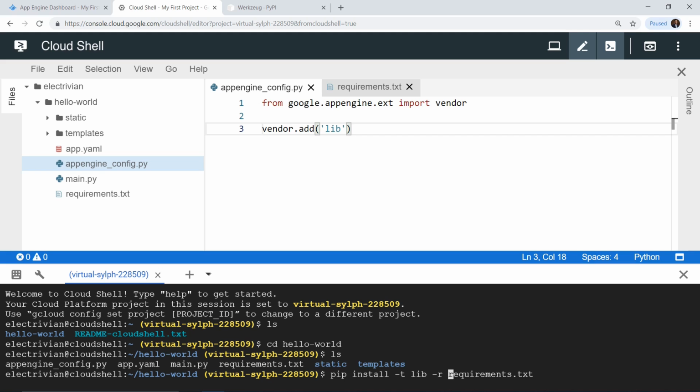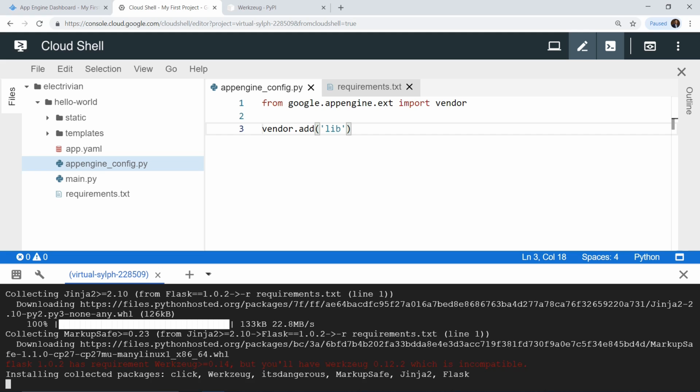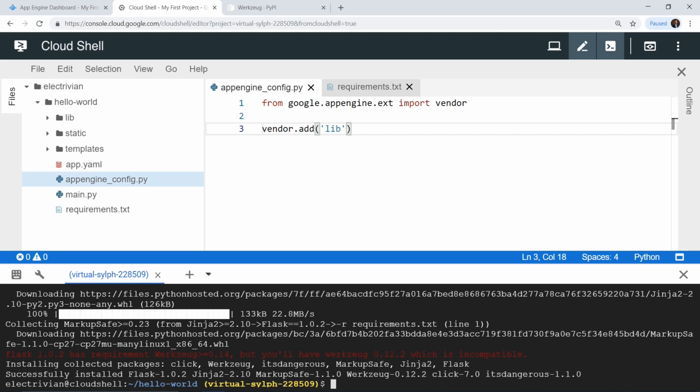You may run into some permission errors, so let's add sudo at the start. Sudo gives you superuser access, just like running something in administrator mode in Windows. With this, all of the different dependencies should be installed. Now we have installed the dependencies, and as you can see, a lib folder has been created over here. That is pretty much it for this particular lecture.